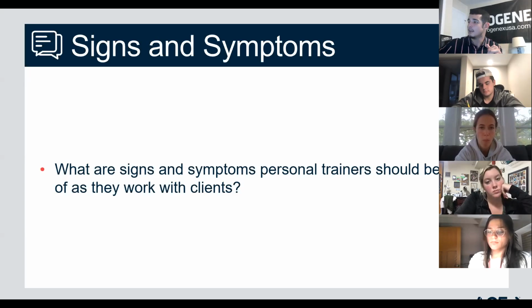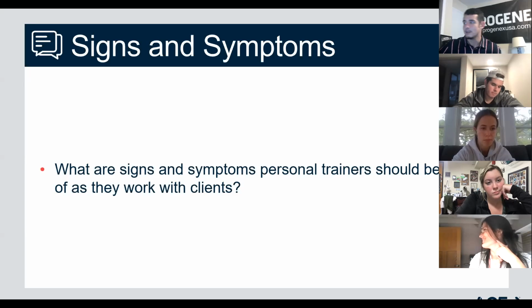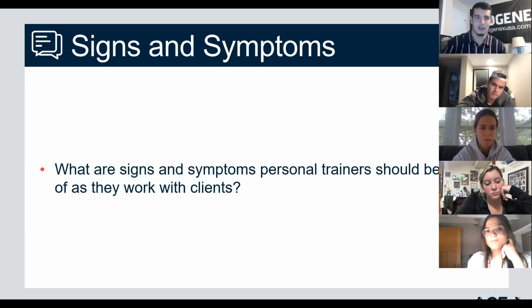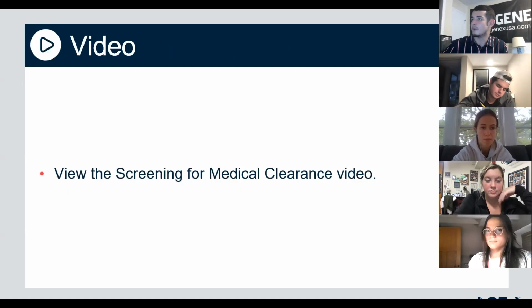Palpitations or tachycardia. Intermittent claudication. So that's like the muscles are squeezing the blood vessels too much, and you kind of lose blood flow in extremities, especially in the lower extremities. A known heart murmur, or unusual fatigue or shortness of breath with usual activities. So a lot of those are pretty obvious. Like if you were just any normal person on the street and you asked them, hey, I had heart palpitations, should I stop exercise? Yes. Pretty simple and straightforward there.